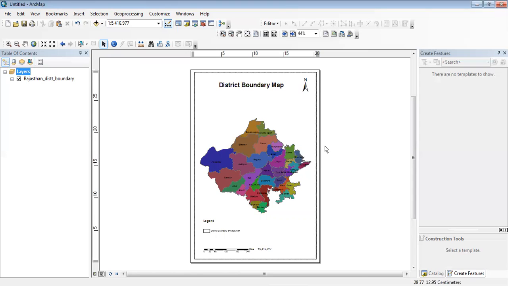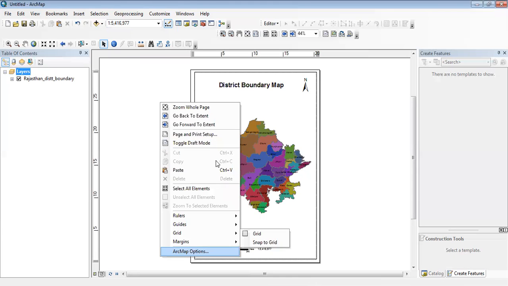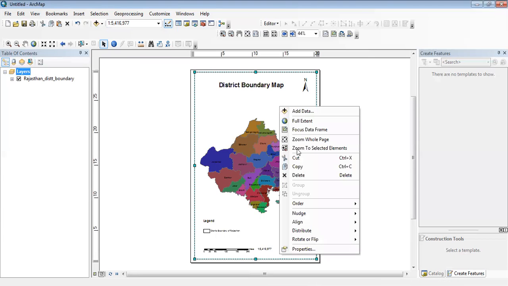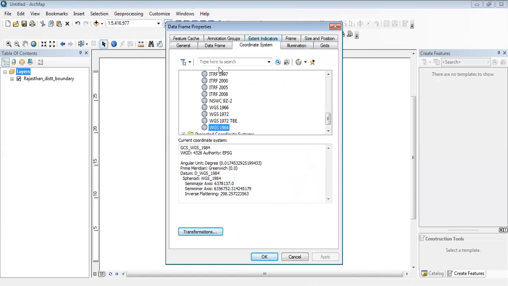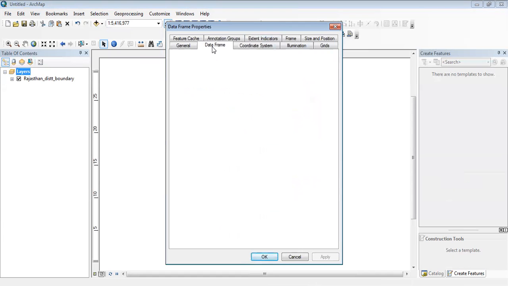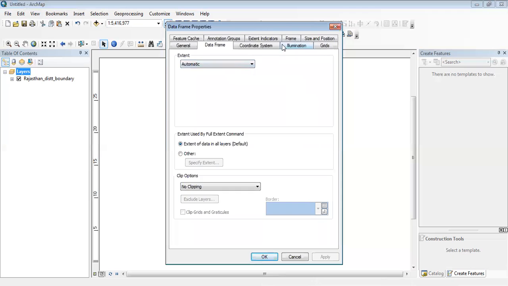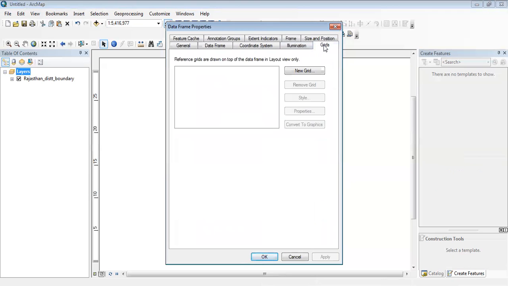data frame properties. So right click on the map and go to properties like this. Go to properties, and then we can change the grid. We can use a grid. Go to data frame, grid, right? And then click on this grid tab, and then new grid. Click on new grid, and then